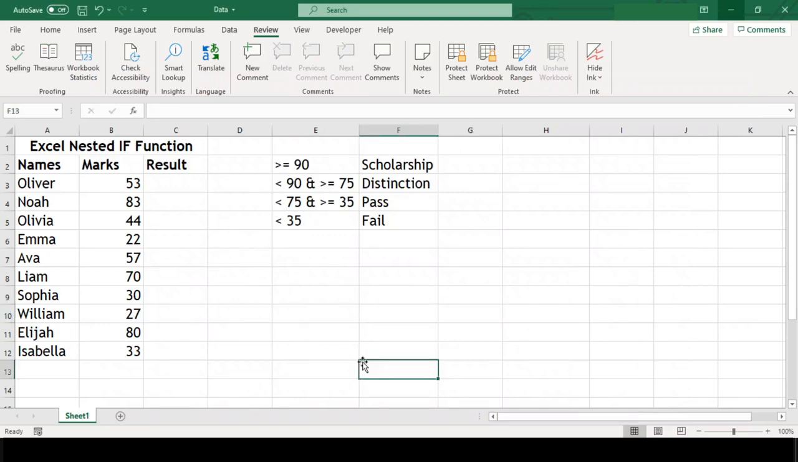Today, we'll understand some advanced if function, that is nested if function. In this data, here we have name of students and their respective marks besides them. Considering the marks, we have to derive the result of the students, and our criteria for the same is that